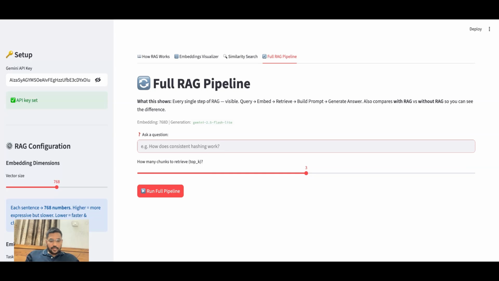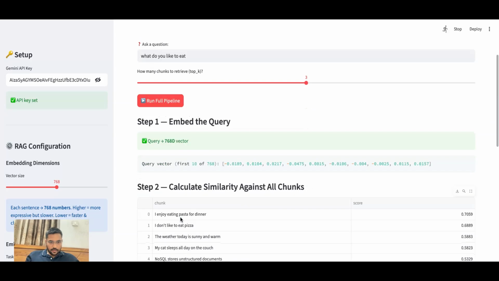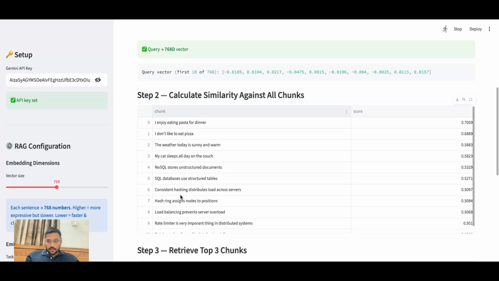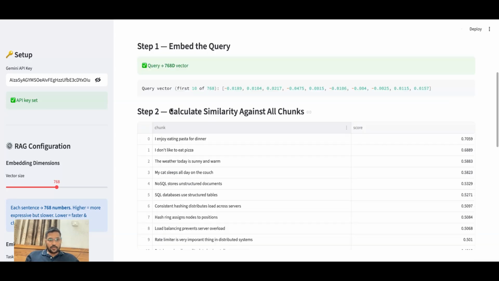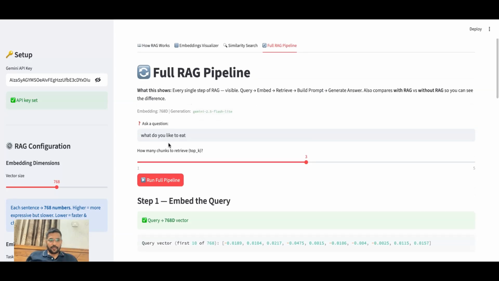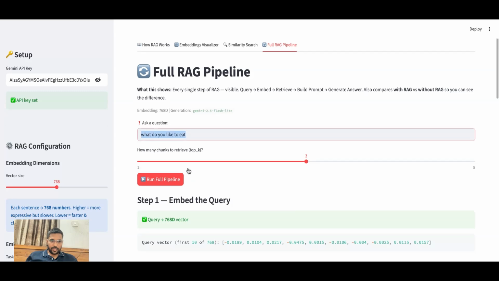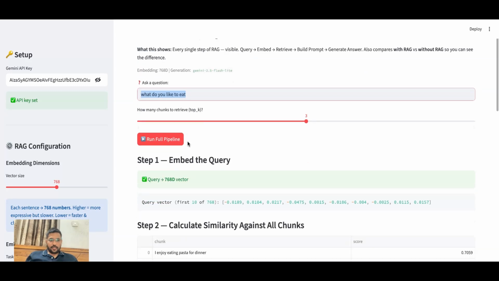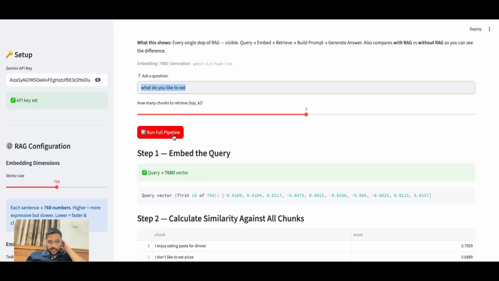So I'll again put the same question: what do you like to eat? Yeah, I enjoy eating pasta for dinner. Okay, so what we did is, this is the whole RAG pipeline. We will go one by one. I asked a question to it. Okay, this RAG system, what it did is,